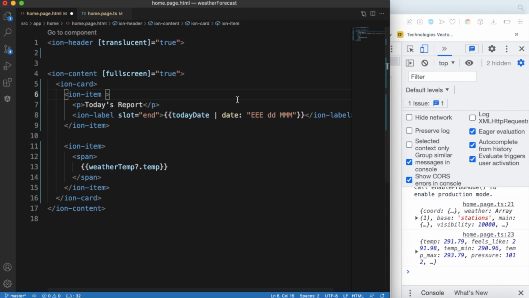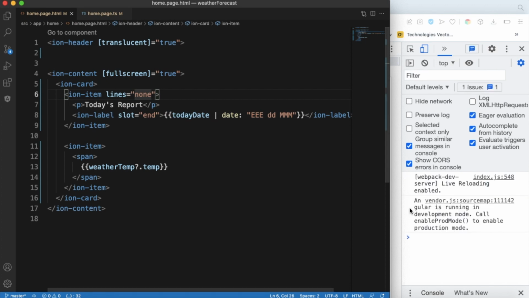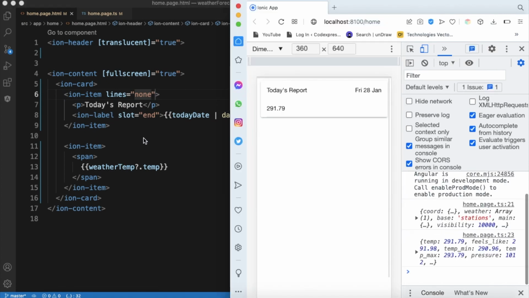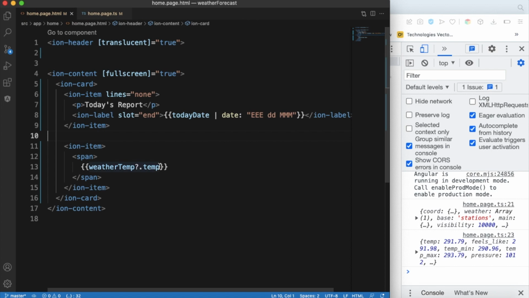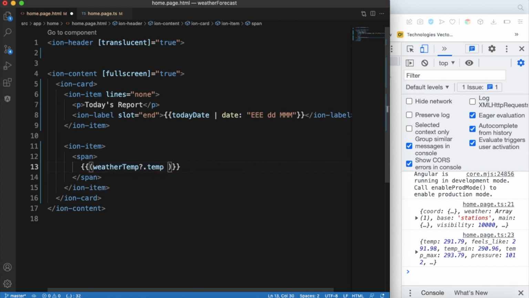It does not look any pretty. So say lines equals none, and then we are done. That's how it looks like. So okay, for the temperature as well, it's not looking well. It's a long temperature. I'm not sure of the format of the temperature, but we want it to be 80 degrees